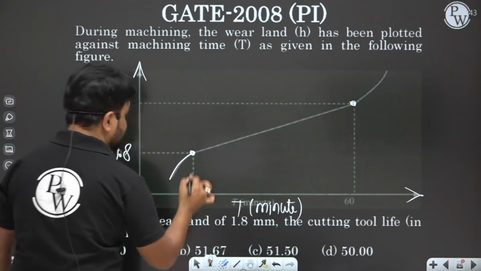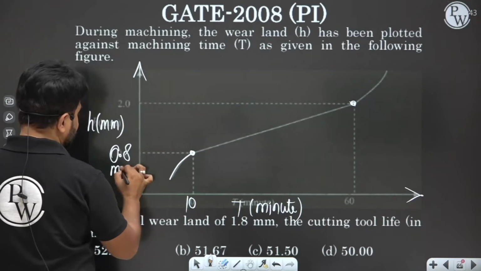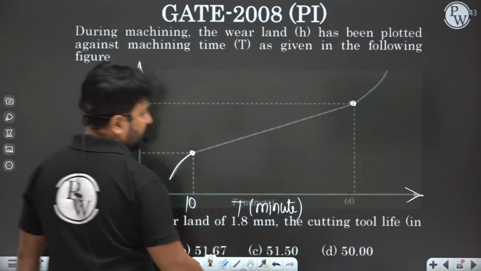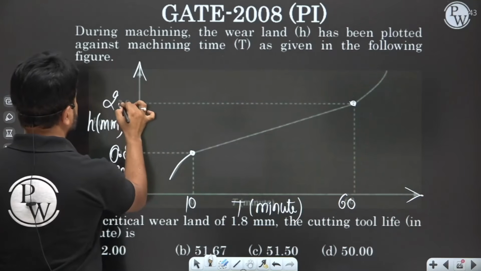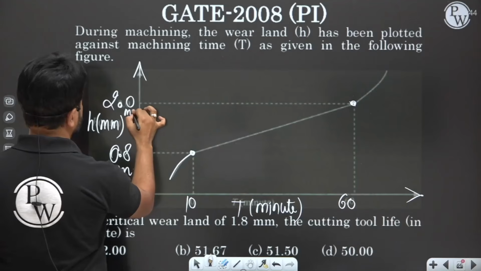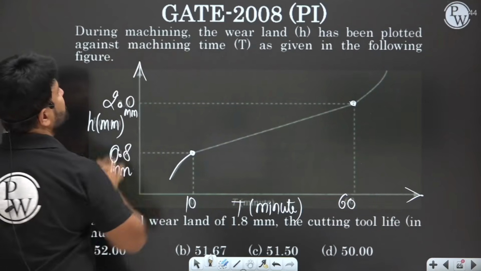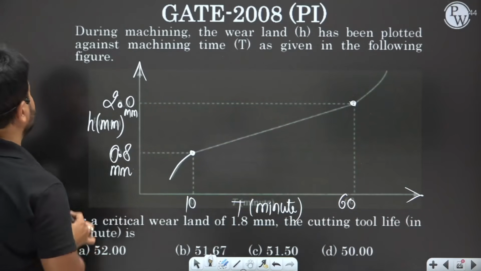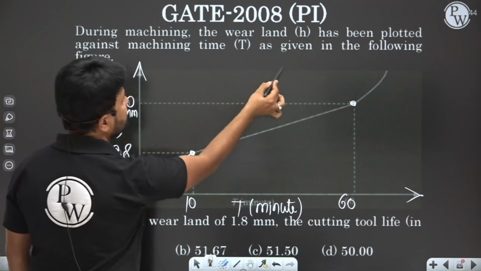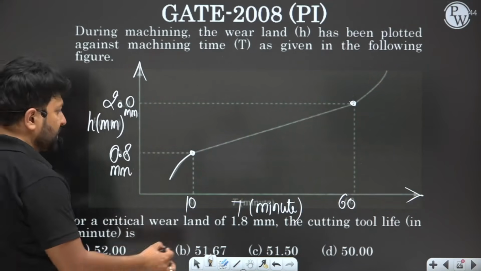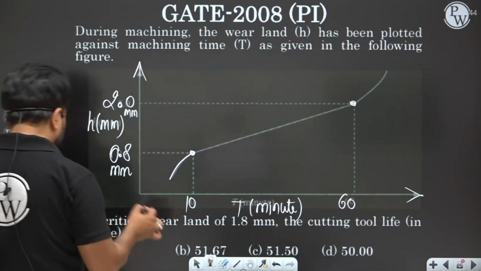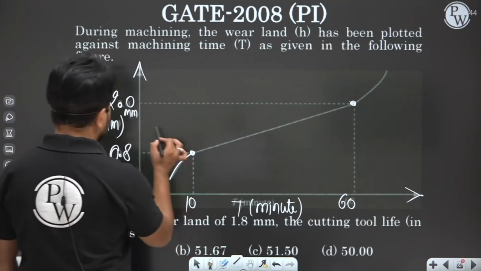So at 10 minutes the wear height is 0.8 mm, right? And at 60 minutes the wear height is 2.0 mm, right? During machining, the wear length h has been plotted against the machining time t as given in the following figure. For a critical wear length of 1.8 mm, the cutting tool life,